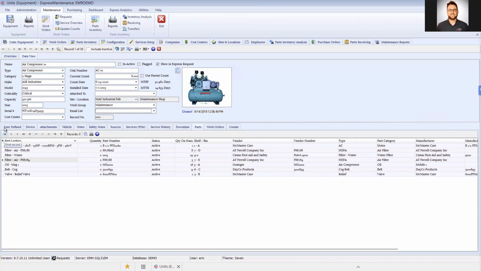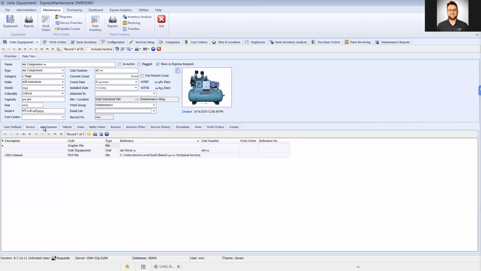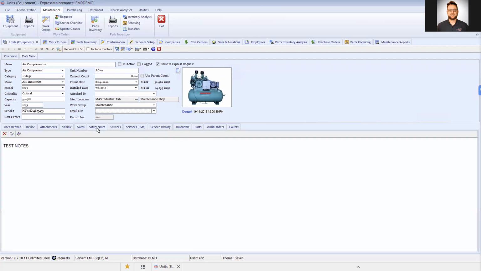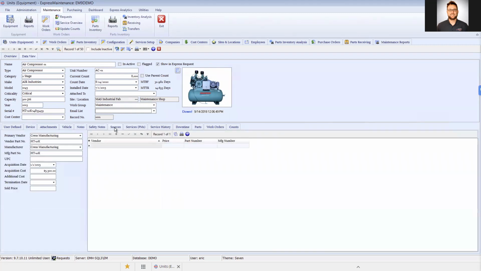There we go. Then if that's not enough information for you, you have device information here, attachments. Attachments can be OEM manuals, files, drawings, pictures, PDFs. It's also going to show you what equipment is attached to this piece of equipment. You have vehicle information, notes, safety notes, sources, vendors, suppliers, manufacturers that can provide this piece of equipment if you